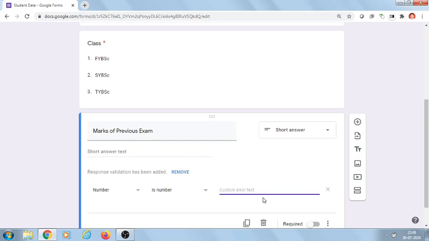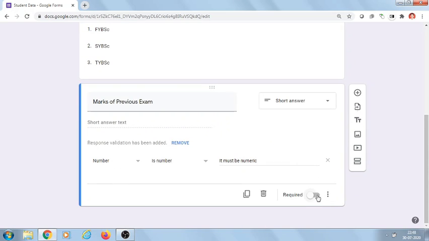Now this validation can give the error message that it must be numeric if the user is not giving a numeric response. Every student must answer this, so required is on.